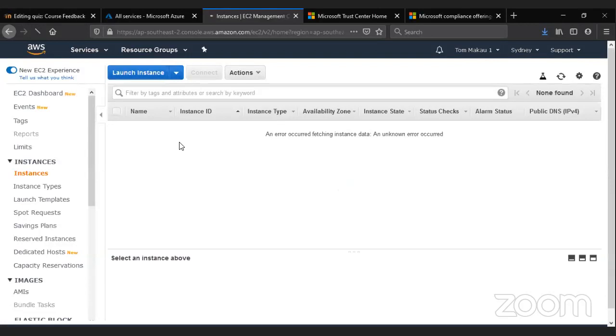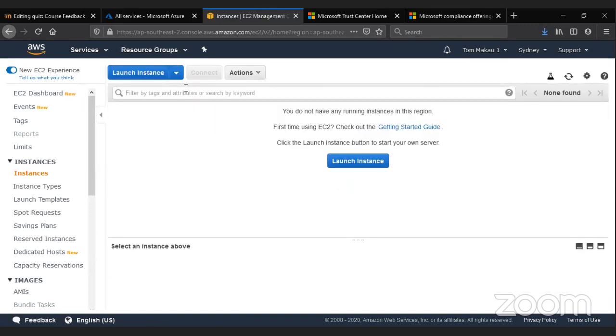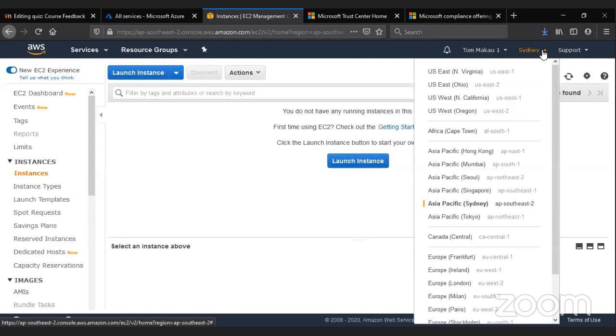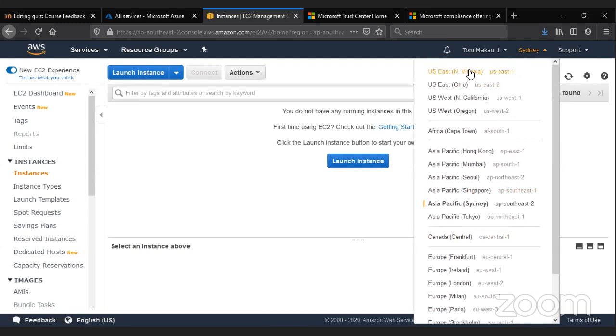So we go to running instances, then just hold on. Before I go there, I want you to see here, in terms of the availability zones, can you see there? I have the ability to choose whatever zone I need to set my server in.